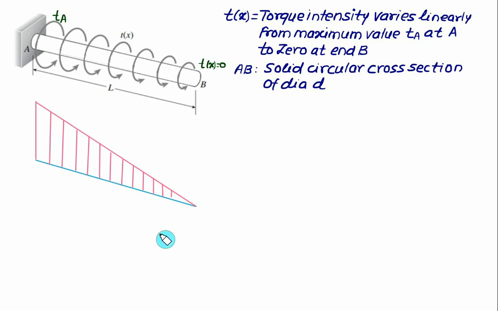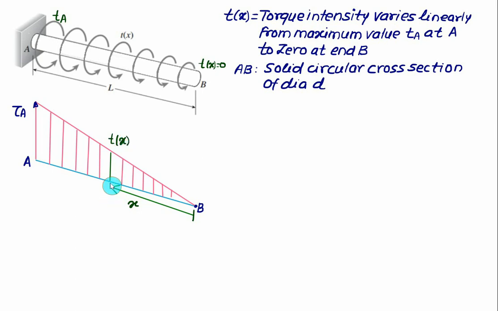Or otherwise, to illustrate here how exactly it is variable, we can use this diagram. This one is fixed end equal to A, this one is free end equal to B. At point B here we have value of Tx equal to 0. At this point here the value of the Tx will be equal to Ta. At any distance x here we have value equal to Tx. So the axis system will be set at point B and we will mark a distance equal to x. At this point the corresponding torque will be T, which is a function of x,